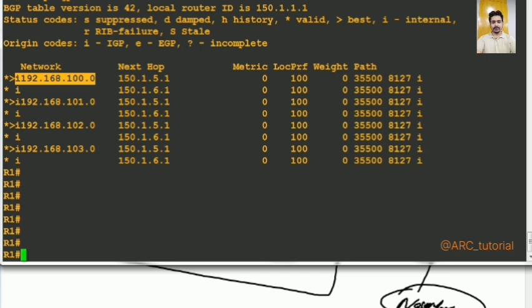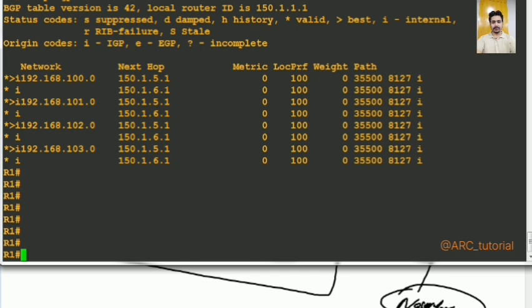This time this router is not defining its best path selection based on external and internal. Next is IGP cost to reach next hop. Now there will be two conditions: either IGP is running or not. This time you are running IGP, I mean OSPF. The meaning of IGP cost to reach next hop address is the actual IGP cost, like OSPF or EIGRP or RIP, whatever it is. So this time we are running OSPF